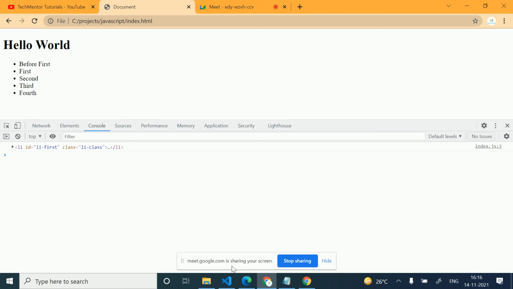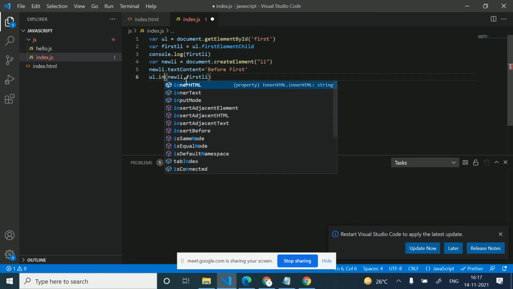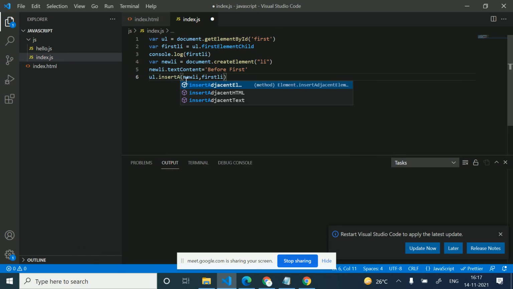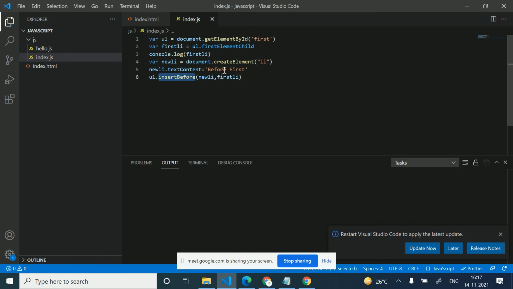Now I want to insert after this. So how can I insert after? Is there a function like insertAfter? No, there is no insertAfter function; we only have insertBefore.